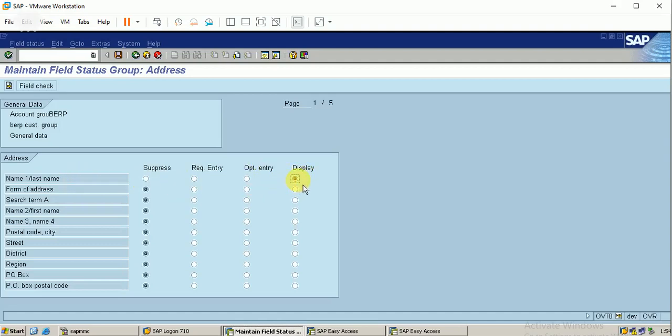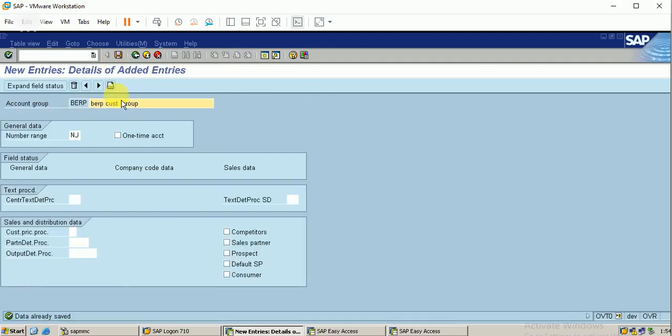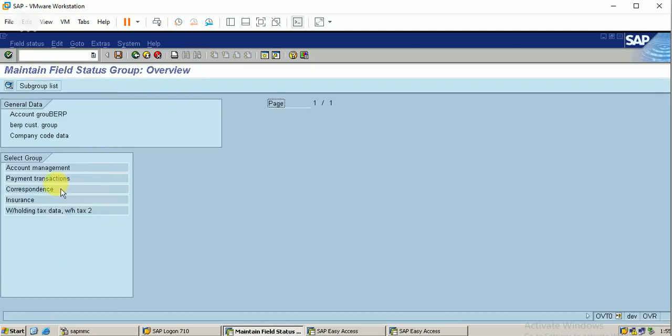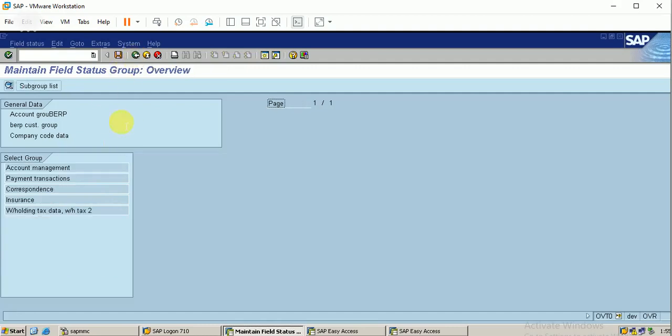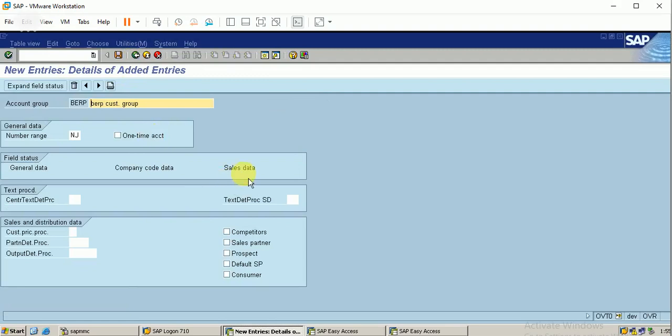If I select display, it only displays the field. I'll make it suppress. Likewise I can go with company code data also. These are the fields available there. Similarly for sales data. So I have configured the account group and also the number range.